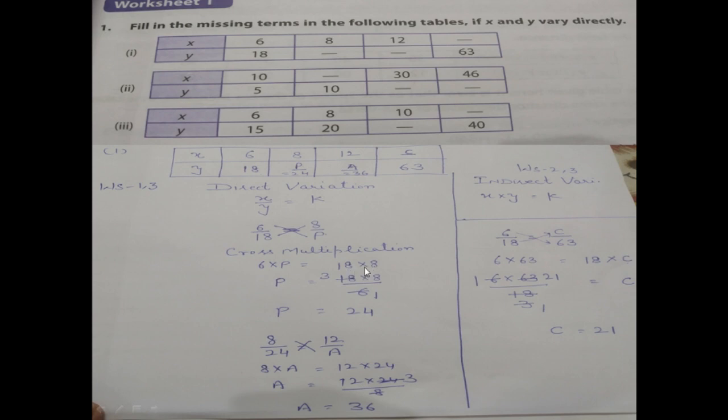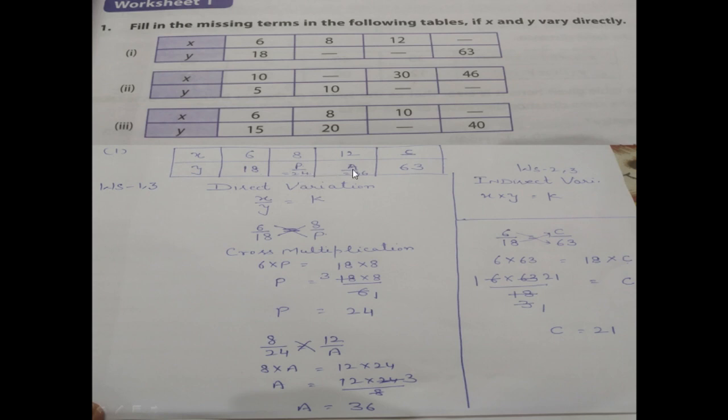See here I have written, then find the value of P. Here 6 was multiplying with P, but now it is in division after crossing the sign of equality. 6 ones are 6, 6 threes are 18. I have changed it into standard form. Now 8 threes are 24. It means we have found the value of P, which is equal to 24.